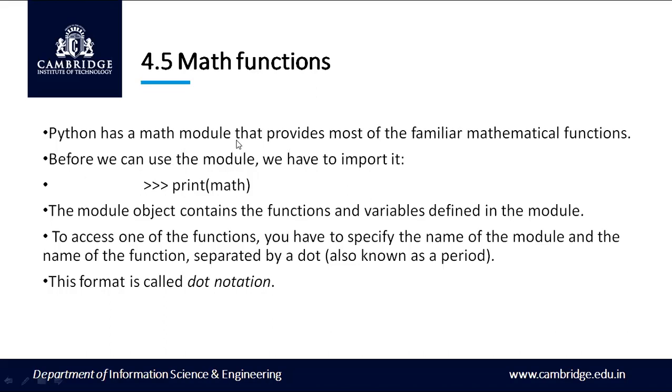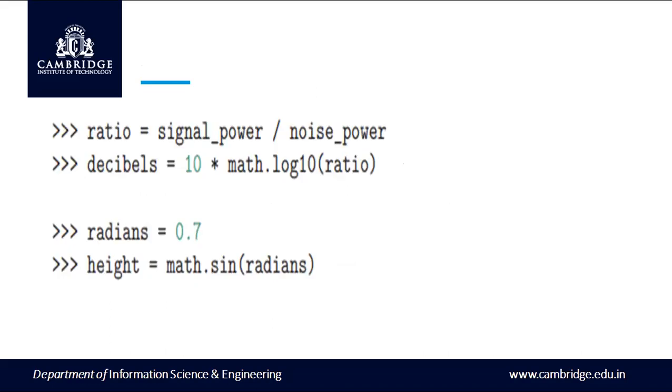This math module contains functions and variables defined in the module. To access one of the math functions, we are going to use the dot operator, also called the period operator. This format is also known as the dot notation. In this example, you can see this particular program converts the signal to noise ratio, that is the SNR ratio. This is the formula to convert the ratio to decibels. Here we require two math functions. One is